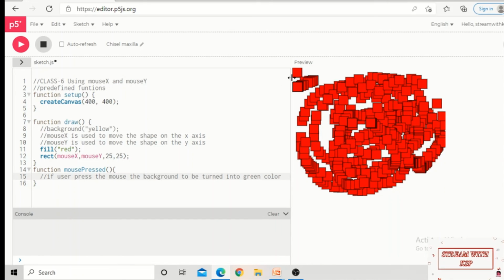I can extend this left side workspace area. Now you can see I'm going to write the background instruction, and specifically in our comment we mentioned that it should be turned into green color, so simply I will write the green color here.